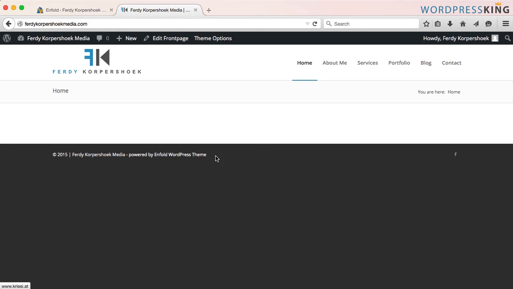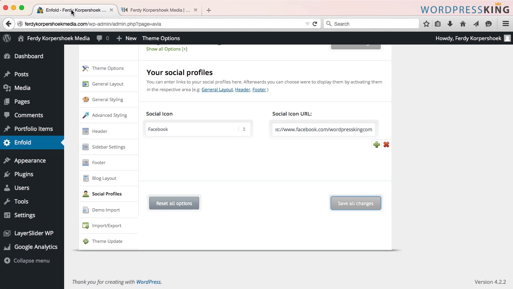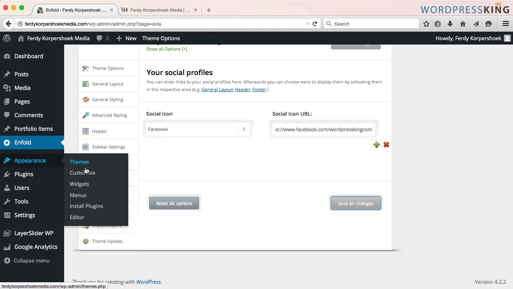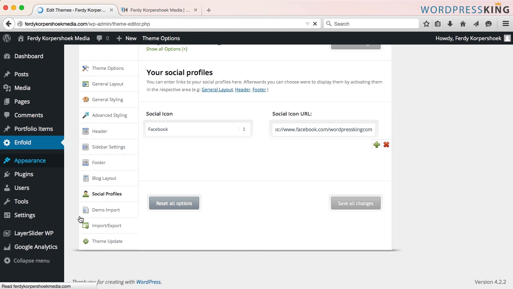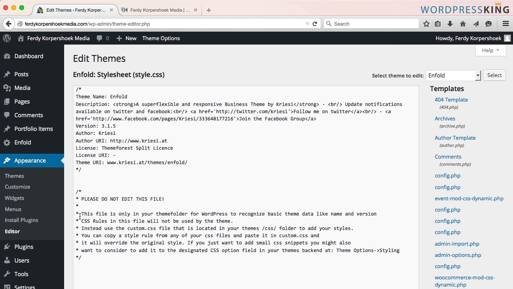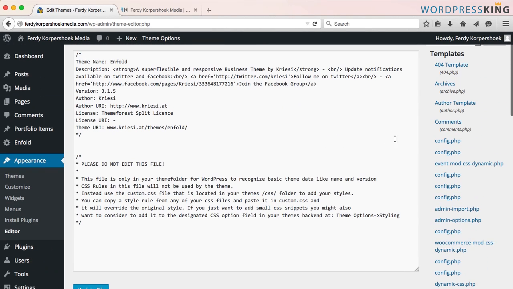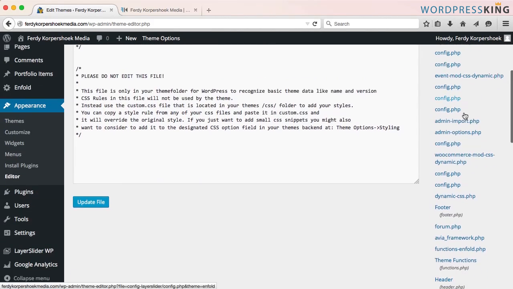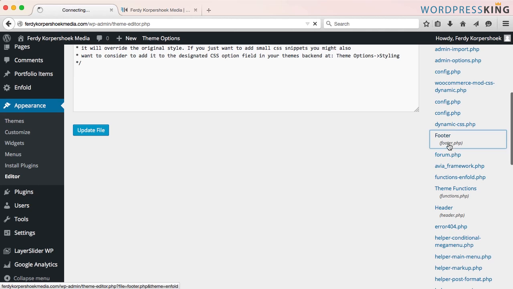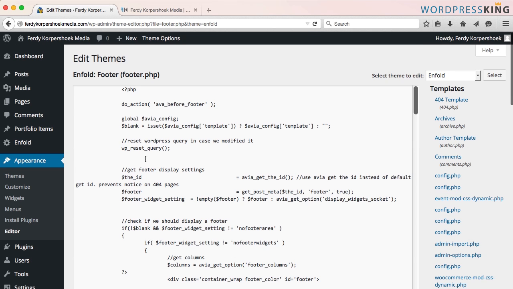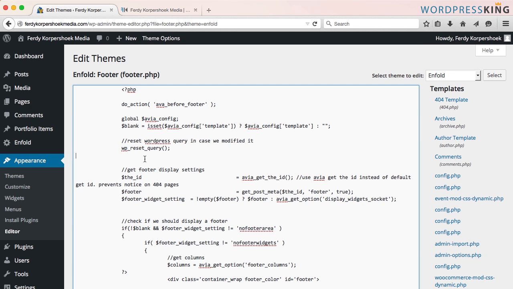I want to remove this, so we're getting a little bit into the complicated stuff. So I'm looking for Enfold WordPress. So I go to the backend of the website, I go to Appearance, I go to the editor, and I go to add a script. It's looking quite complicated, but what we have to do, go to the right, go to the footer.php, select the text, press Command or Control F, and search for